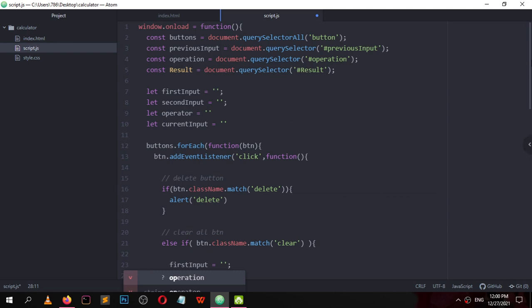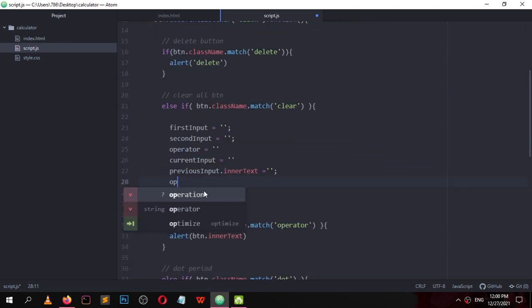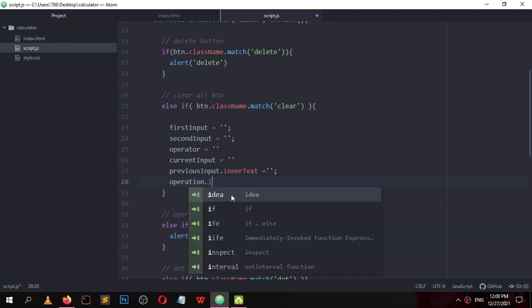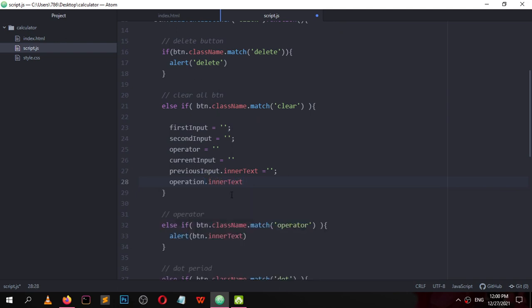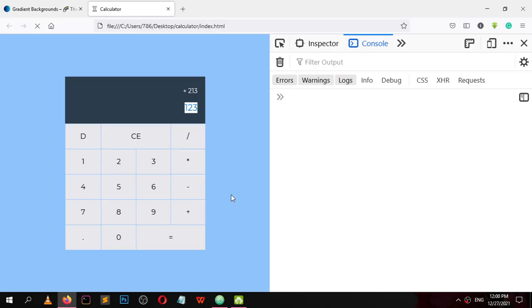Okay, it is named operation. operation.innerText is set to an empty string. So 4, 5, 6, 5 and clear. Operation is gone, and this remains, and this one remains.